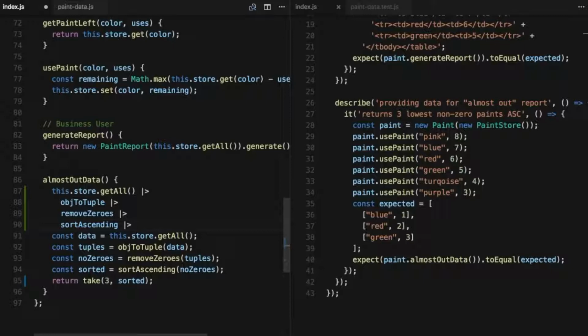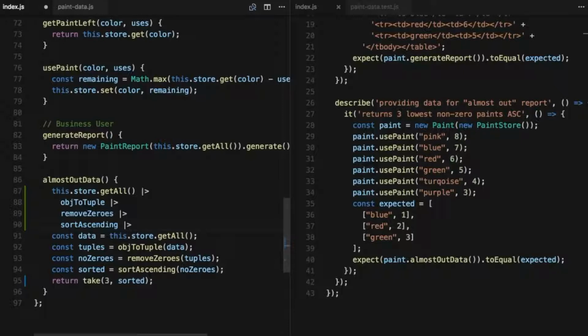Now, unfortunately, we don't have the pipe operator here in JavaScript, although I have seen that for folks who are using Babel, there are some Babel plugins that add it to the language. I'll leave it to you to decide whether or not that would actually be a good idea. But the good news is that this isn't too difficult to do in plain old JavaScript just by creating a